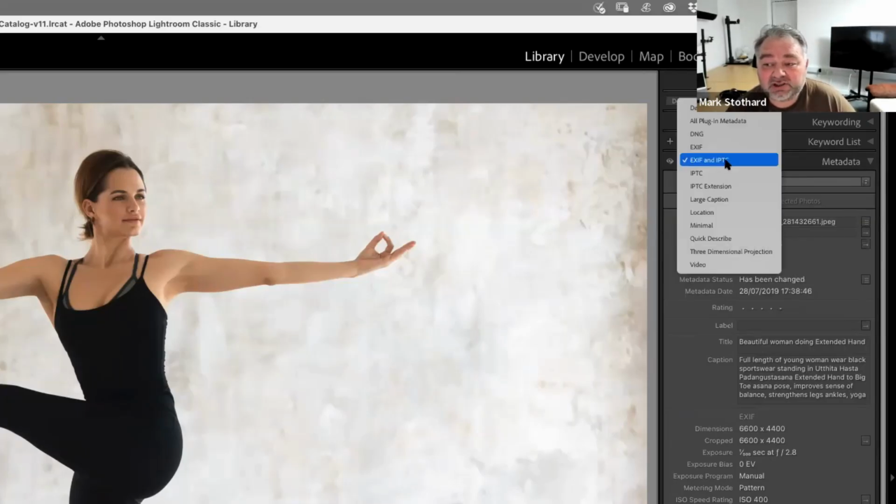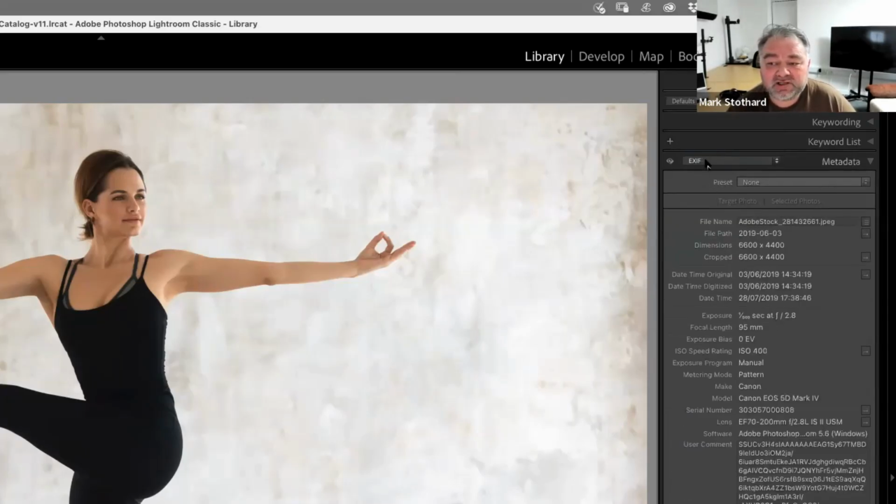So we can change the view. So I've changed it to EXIF. And this is the data. This is a stock image, by the way, from Adobe. As you can see, it's Adobe stock. It's the file name, the date it was taken, the dimensions. So that's a 3x2, so it's done on a full frame camera. It was taken at